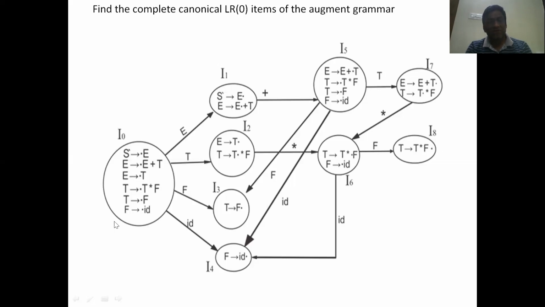What is the production of F? F implies dot ID. It is added, and because after the dot you have a terminal, it stops. So I6 is completed. Okay, and from I3 there is nothing to define, so no transitions from I3, and from I4 also no transitions are available because there is no symbol after the dot. Okay, now let us go to I5.